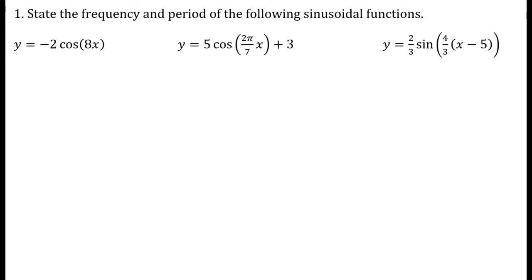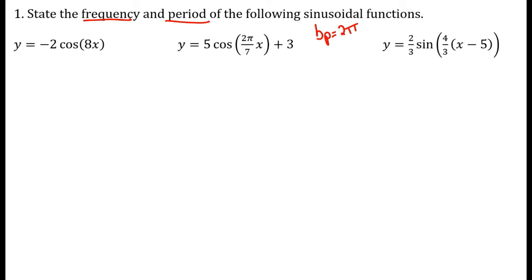Number 1, state the frequency and period of the following sinusoidal functions. So, the big idea is frequency and period are related. They're related by this idea, bp equals 2 pi. As the frequency increases, the period decreases, and as the period increases, the frequency decreases. As one goes up, the other has to go down, because when I multiply them together, I always have to